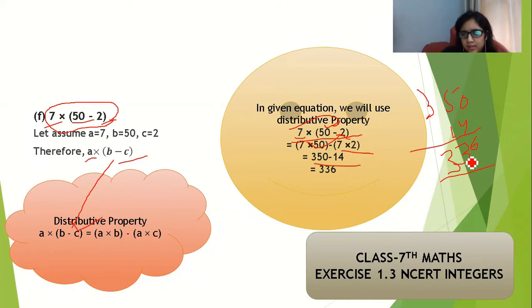And it is a positive number because if you see the rule of the addition and the subtraction, here first one number is positive, that is 350, and another number is negative. And if one number is positive and another number is negative, we have to subtract those numbers, and the sign of the answer depends upon the sign of the greater number, and here the greater number is 350 and it is a positive number, so our answer will be plus 336.